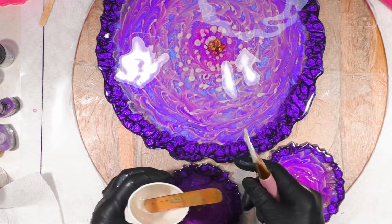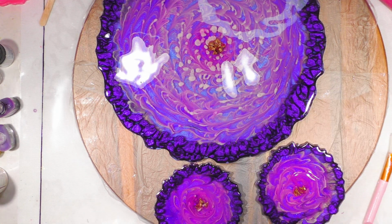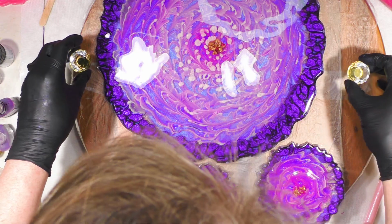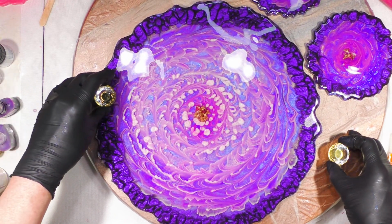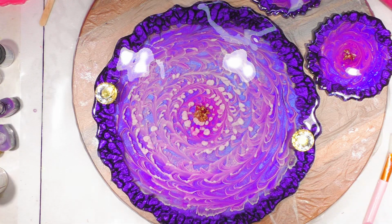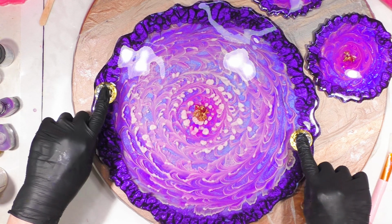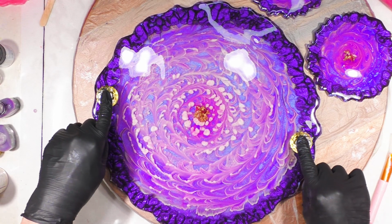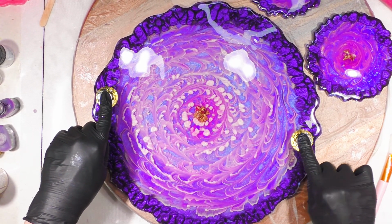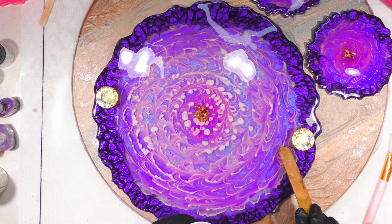And then I've got to put my knobs down again, and I'll put this on my silicone mat, so if it cures it's fine. Put my crystal knobs down, and you just got to figure out where you want to put them. Again, make sure your fingers are clean, and then I'm just going to press and wiggle. That releases any air bubbles underneath. And when you wiggle it and it doesn't move around, it's kind of firm, then you know that it's set pretty well. And you can also add a little bit more resin,